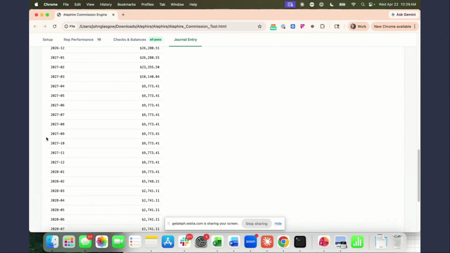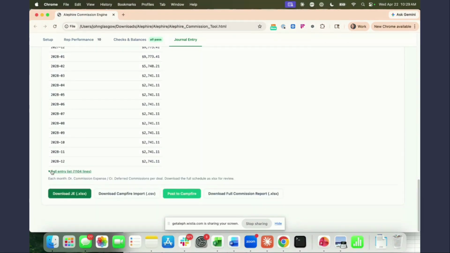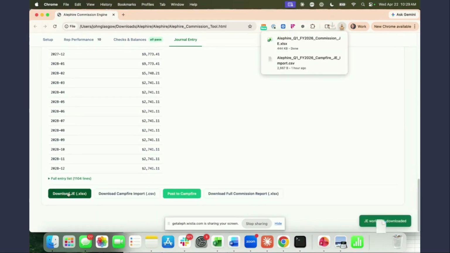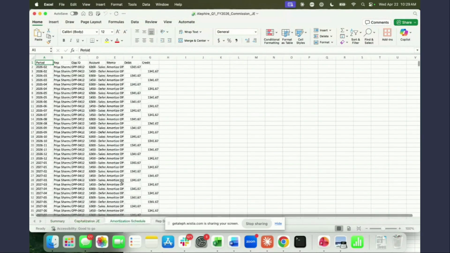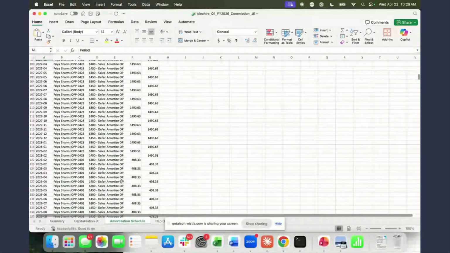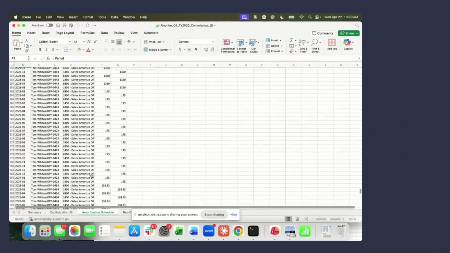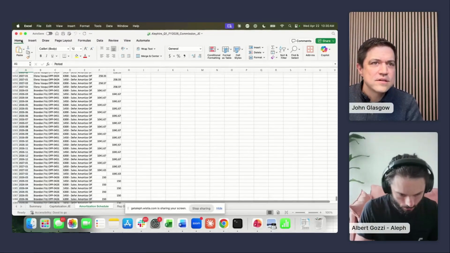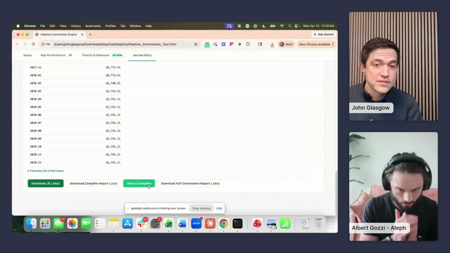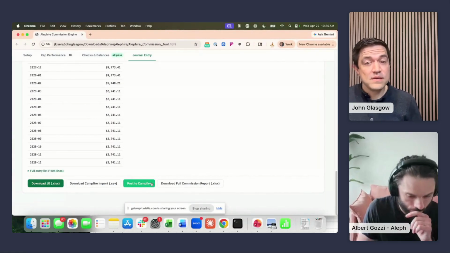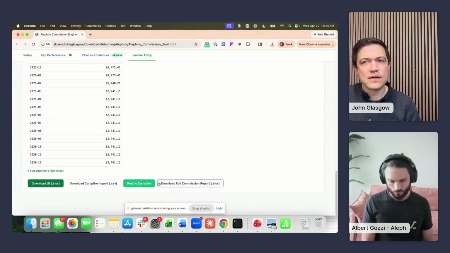And then it's walking through the amortization. Here's all 1,100 rows of the JE. We can download the JE that it created. So here's our 1,100 row spreadsheet with the full amortization over the life. You can see it's posting the deferred calcs over the life of every contract. And I can post to Campfire. We can link this up to Campfire via MCP or API. And then, of course, just download it to audit the work.